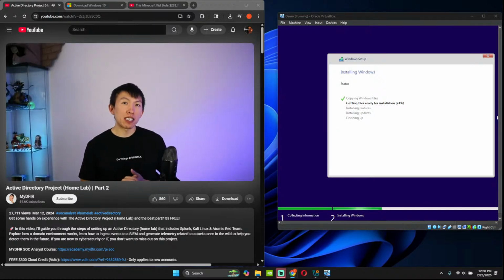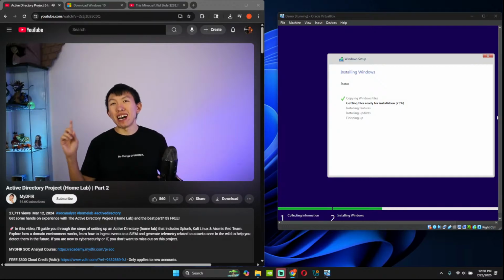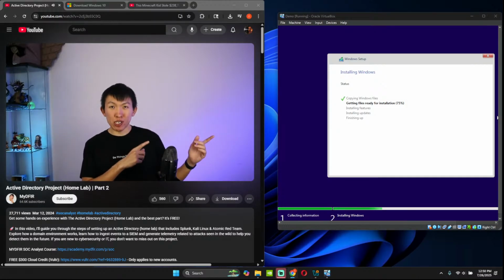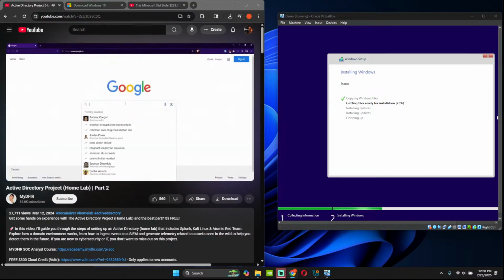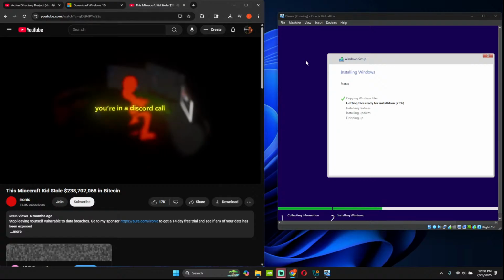Once you have VirtualBox installed along with Windows 10 and Kali Linux, we can now begin installing our Windows Server. Over on Google, we want to search for Windows Server 2022 ISO, and we want